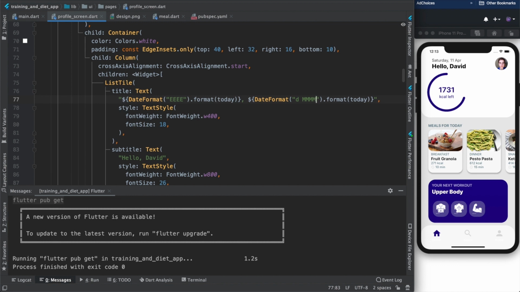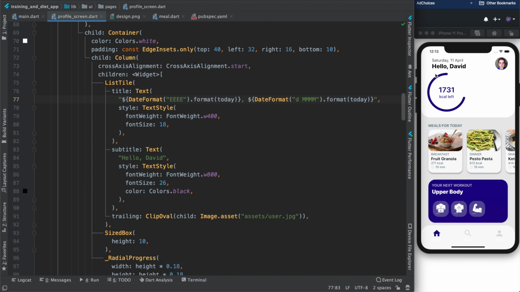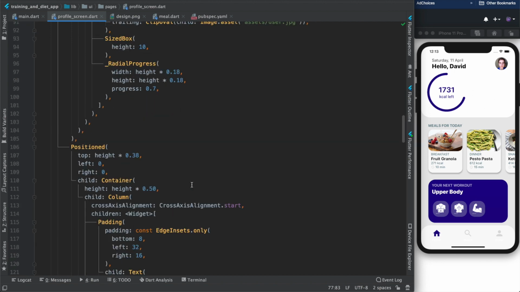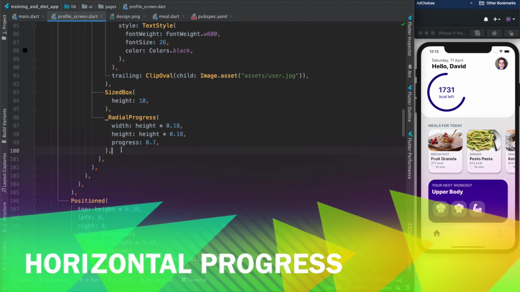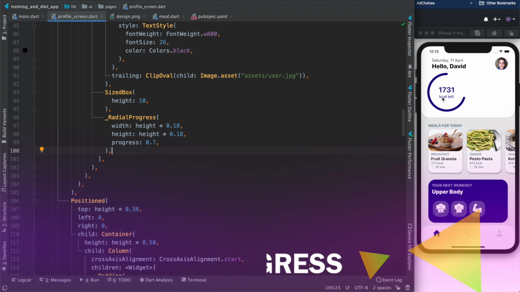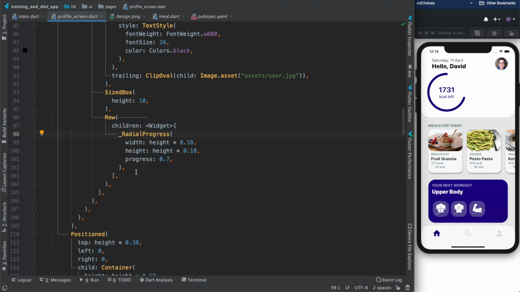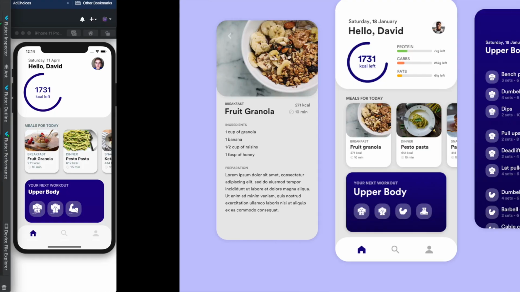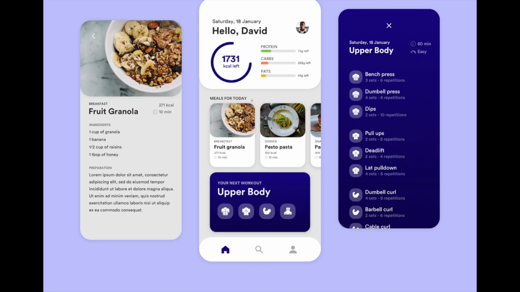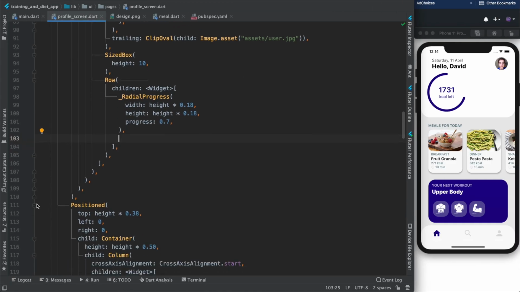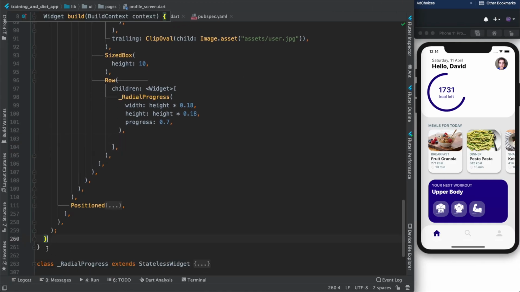Perfect. If we do this, yes. So this is the perfect thing that we have done. Okay, now we will work on this progress. So coming back to radial progress, we are here somewhere, which is in a column. Of course, we need to move it into a row now, because on the left hand side of radial progress, we have a series of other progresses as well. So that other progress, we are going to name them as